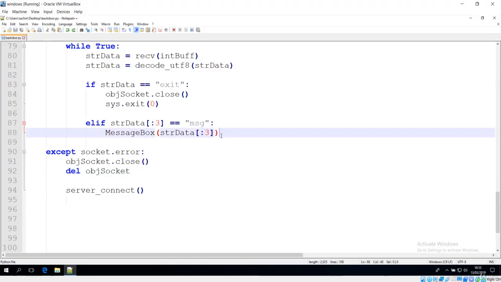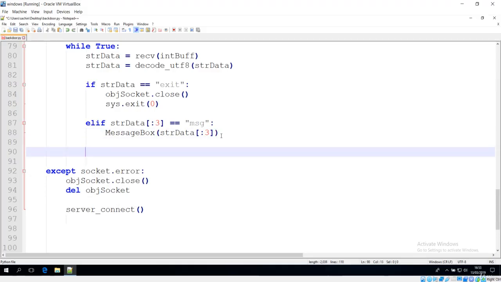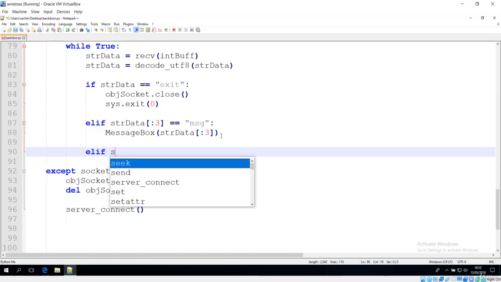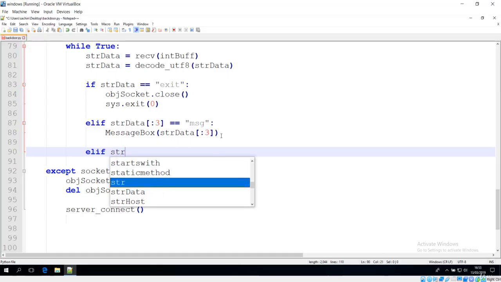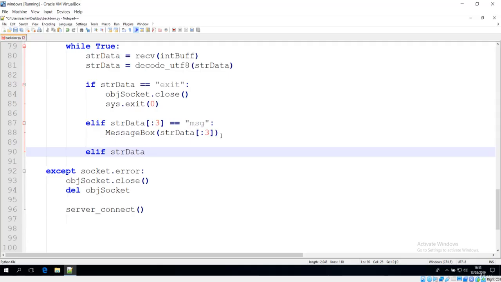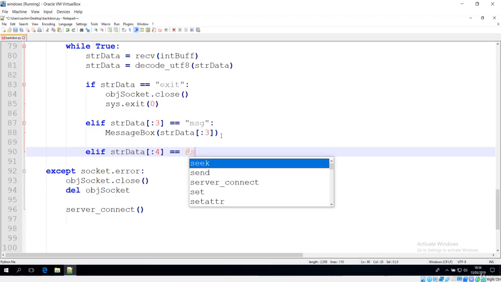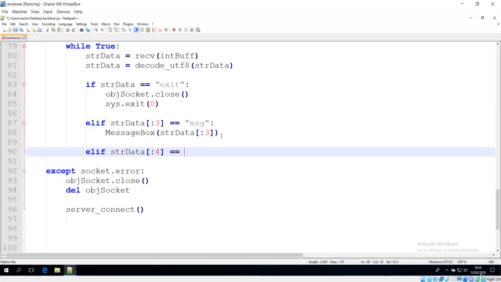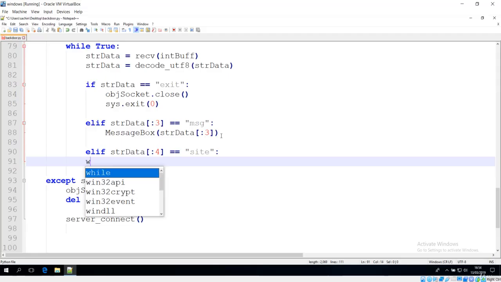After this message we'll check elif, and I'll say if that string data, str data, let's fetch the data that is sent from the 4th index, and if that is the site, then we are going to open the web browser.